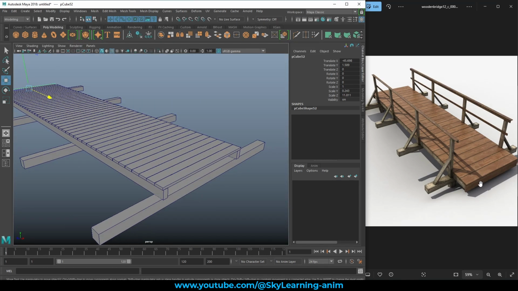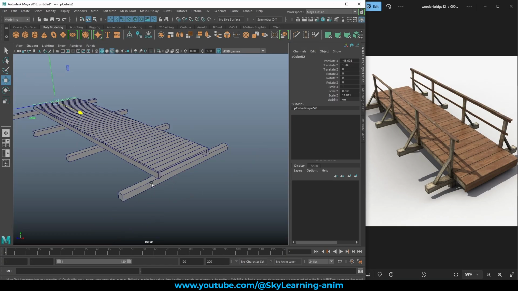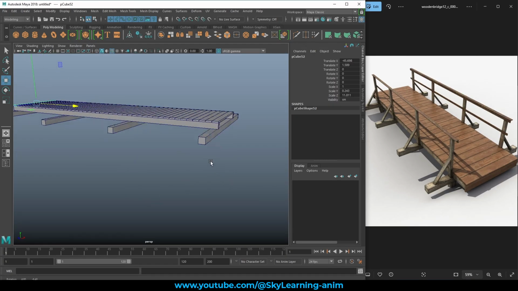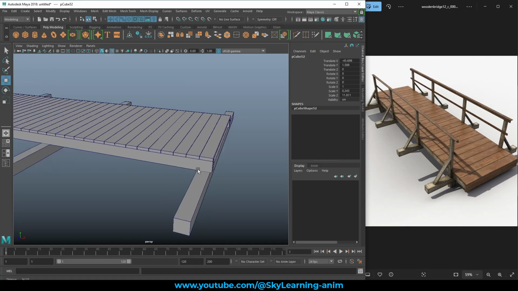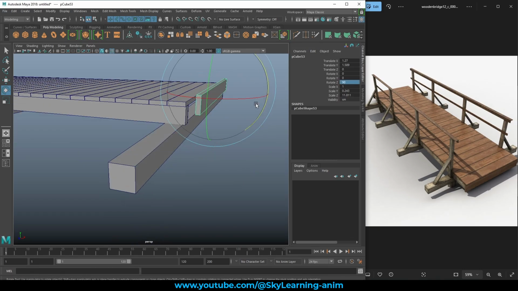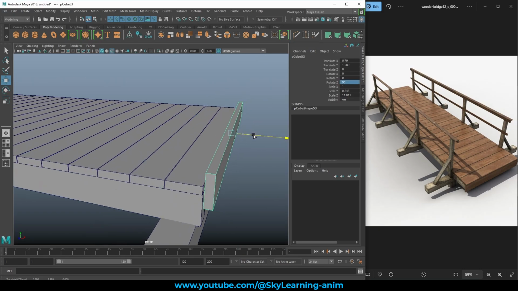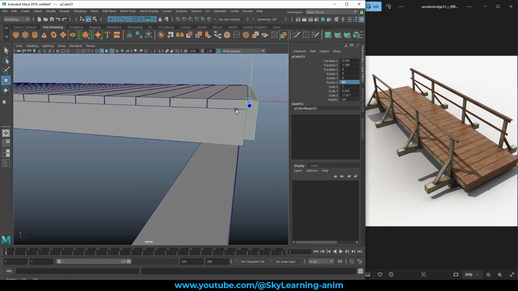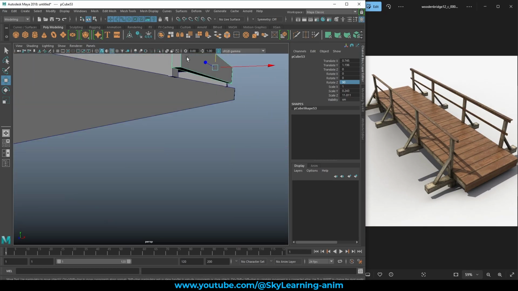Now I'm seeing there's one block over here. Or what we can do, we just Control D, bring it over here, rotate this, put 90 degrees, and try to block its path. Okay, now right click, face mode, select it, bring it down. Now it covered